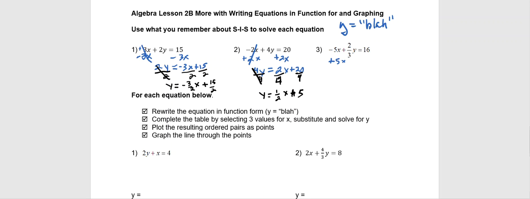You should all be seeing you can add 5x to both sides. The x terms cancel, and I get 2/3 y equals, now remember, we're going to lead with the variable term, 5x plus 16. Now this one's a little trickier, so I'm actually going to put a star next to it, because